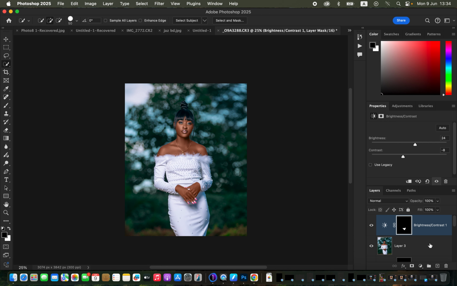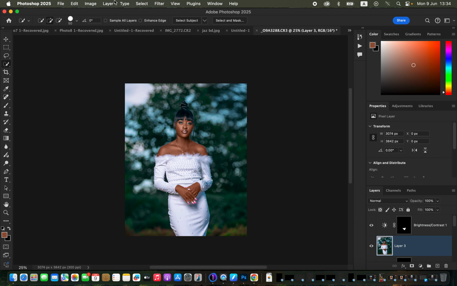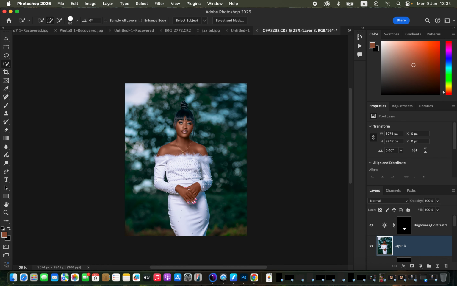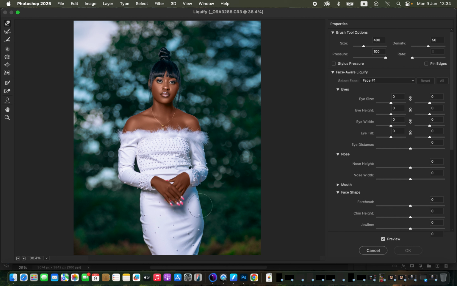So just come to this stamp visible layer that we created, then come to filter and come to Liquify. So for Liquify, you can even enhance the hips of the model or the subject. So get this forward warp tool selected, and for the settings, I'm using a pressure of 100%, density at 50, and just push this to create a little bit of curves or hips